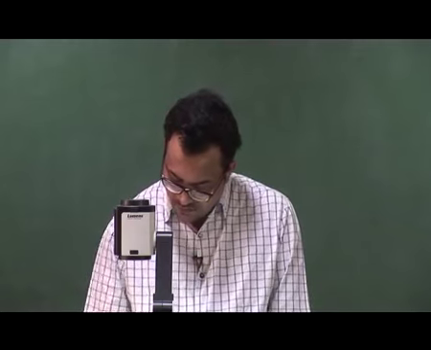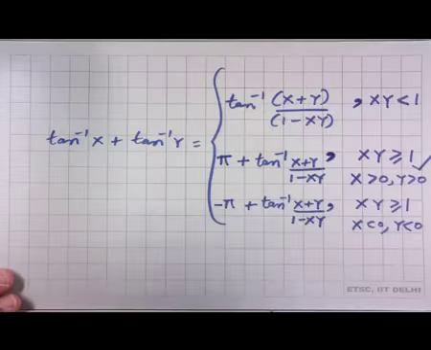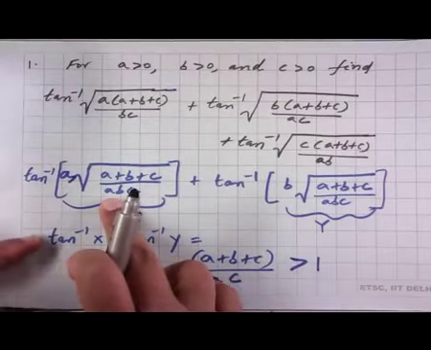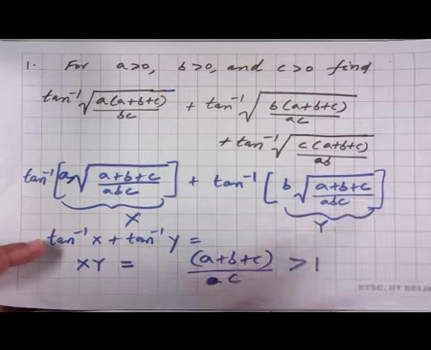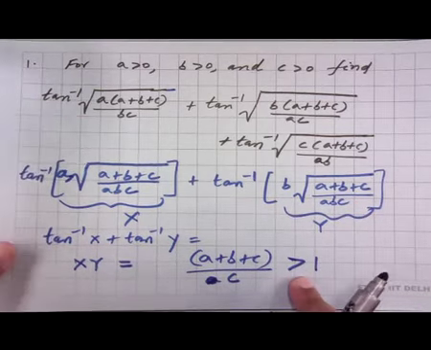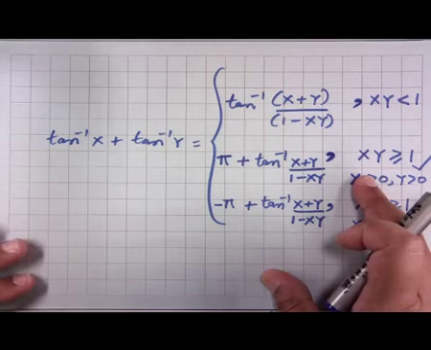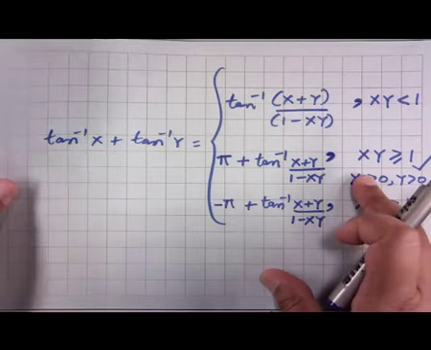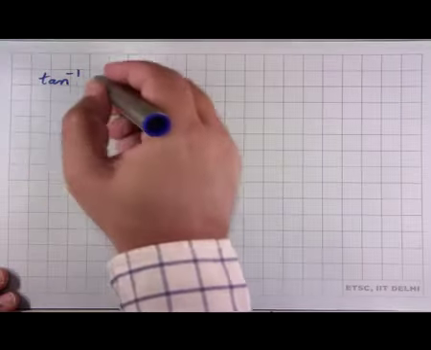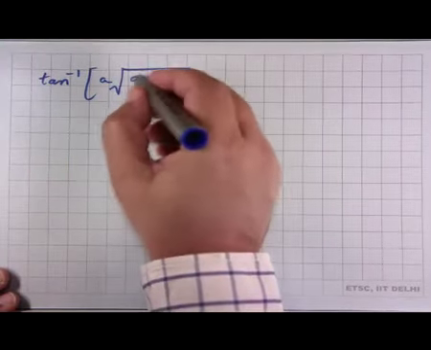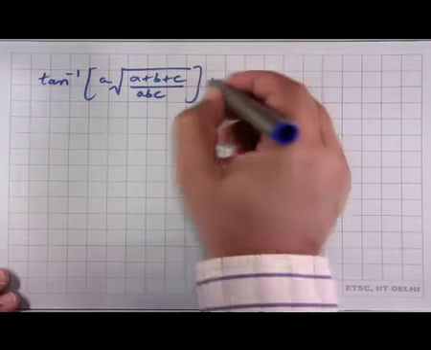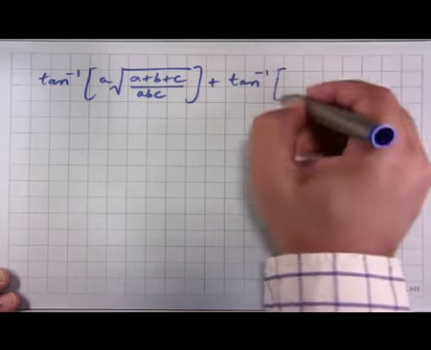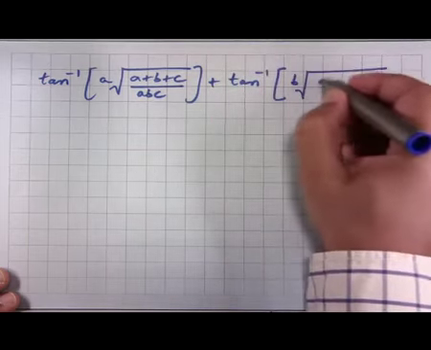So this is the condition which gets satisfied for us now, because this is positive since a, b and c are all positive. This is also positive because a, b and c are all positive, plus x into y is strictly greater than 1. So this second case is the one which we qualify for, and therefore tan inverse of a into square root of a plus b plus c over abc plus tan inverse of b into square root of